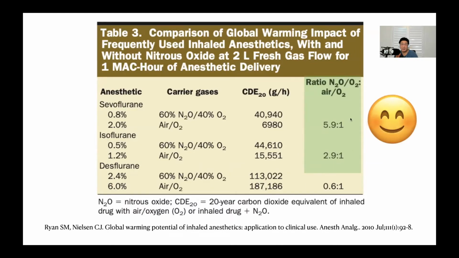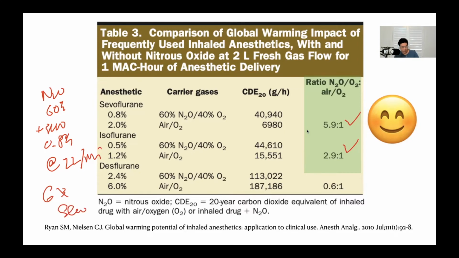The nitrous one is fine. So the nitrous of 5.9 to 1 and 3 to 1 for isoflurane, that's okay, so this one we can tick off. In other words, using nitrous 60% with sevoflurane 0.8% at 2 liters per minute produces 6 times more carbon dioxide equivalents than if you were to use sevoflurane alone. Okay, so 1 MAC hour at 2 liters per minute. So these numbers are good. These numbers are fine. But it's the other ones that